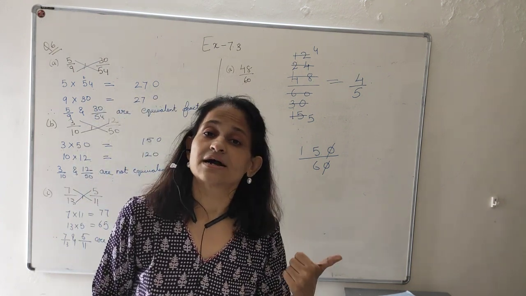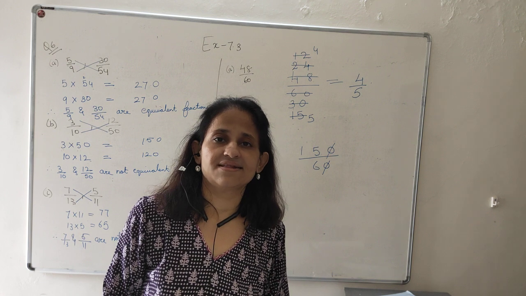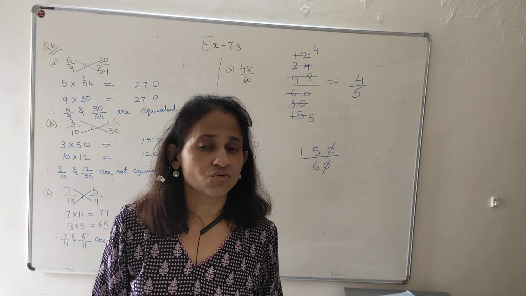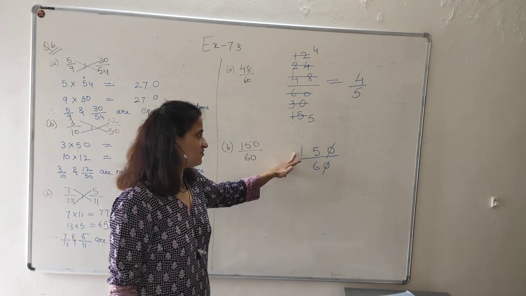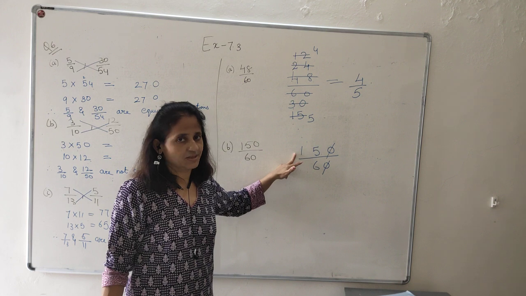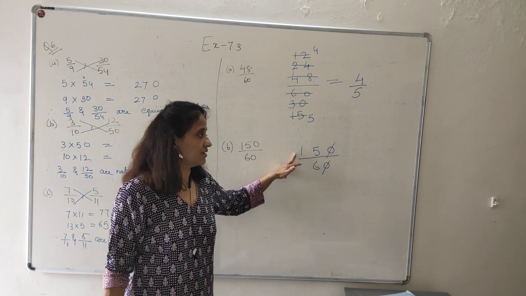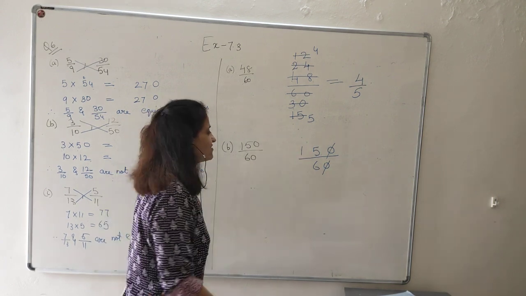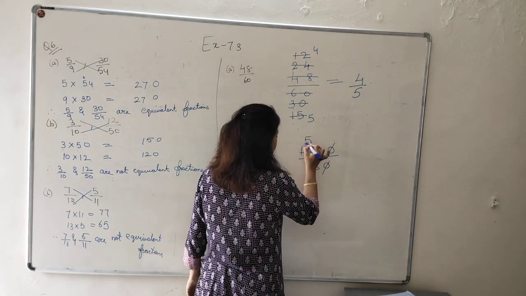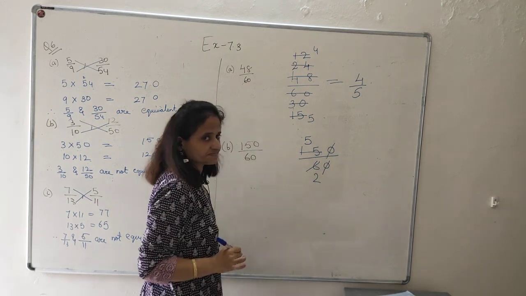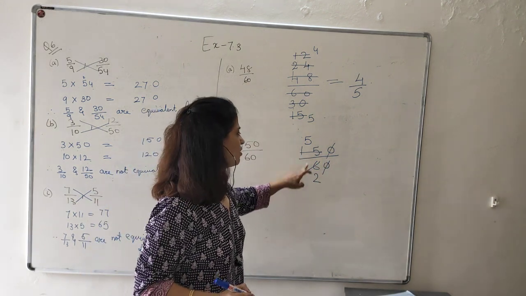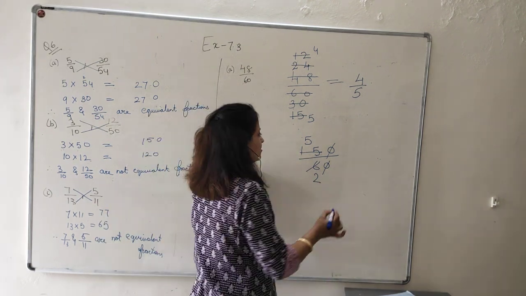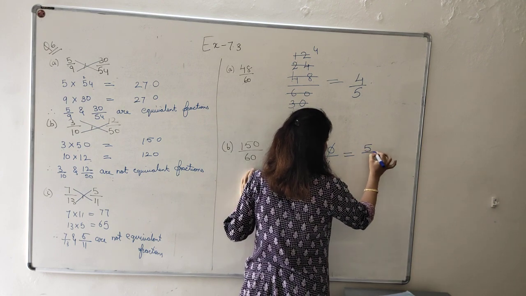Now I will find a common factor between 15 and 6. Which is the common factor between 15 and 6? Is it 2? No, you cannot use 2 because 15 does not come in the table of 2. So you cannot use 2. Can I use 3? Yes. 3 5s are 15, 3 2s are 6. So I can directly use 3 5s are and 3 2s are. Now, anything common between 5 and 2? Both are prime numbers. There is nothing common. So, write here 5 upon 2.